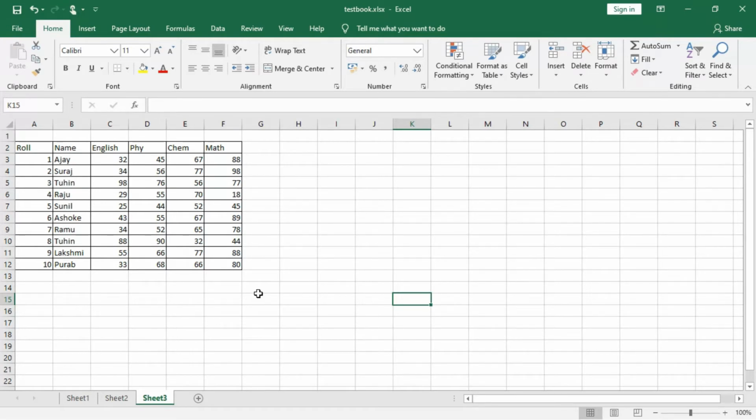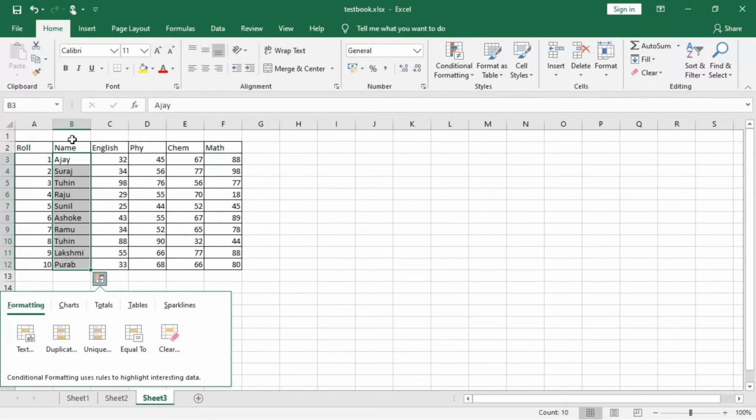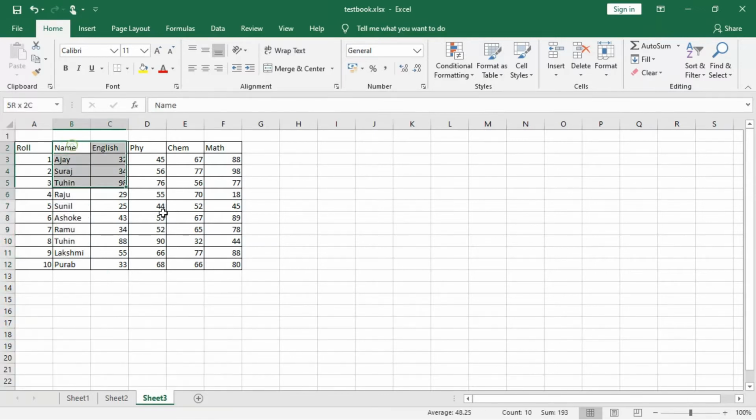Now, it is very important that you first select the data, with all the names and the subject headings. Suppose you select like this, then what will happen? Everything will be selected, so the name heading will also come. We don't want that. We want to highlight this one and then all this data. Now, if you highlight, then this one will disappear from the selection.